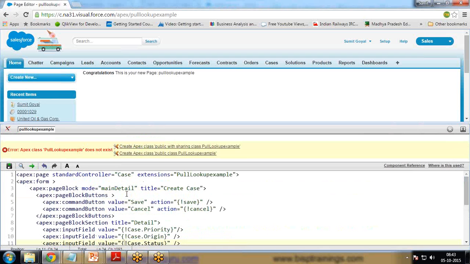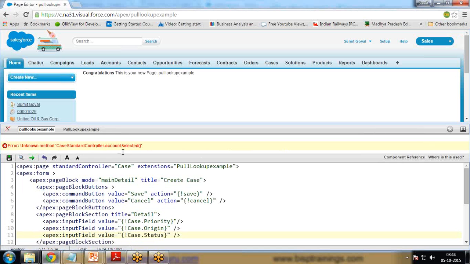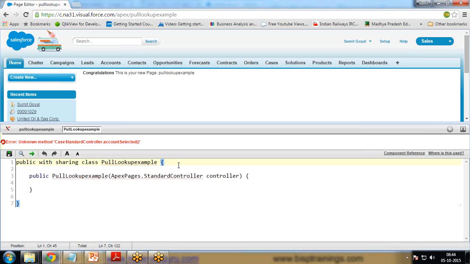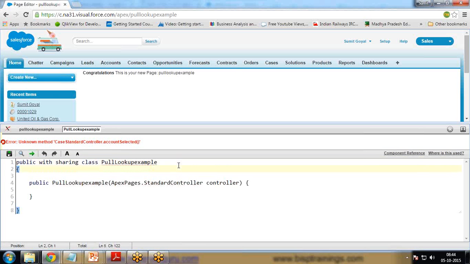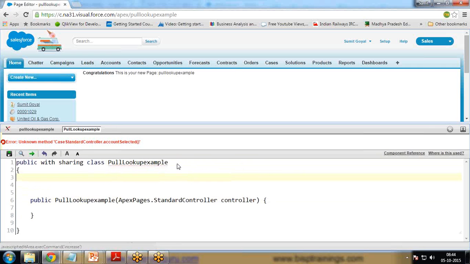then because this extension does not exist, I create this extension, and in this extension we need to specify the code for searching the records. So it is asking for this method, so we create this method, and this is the default method. So expand it, and we have the pull lookup example. Then in this pull lookup example, in this Apex class, we implement our own business logic or custom logic basically,